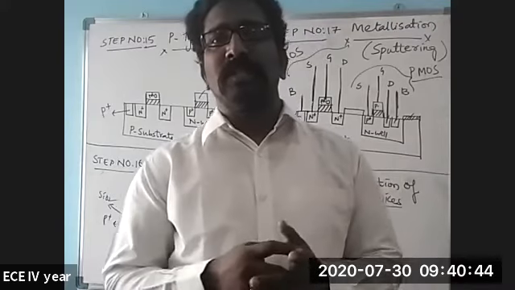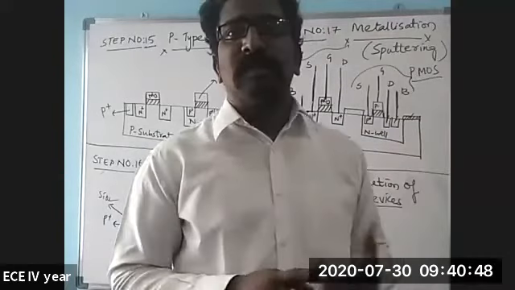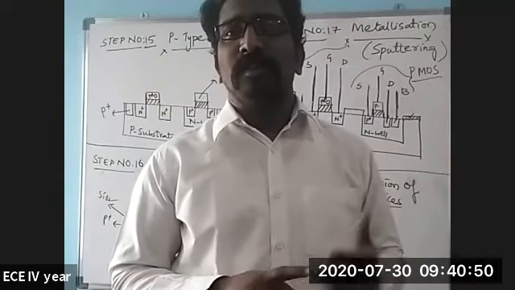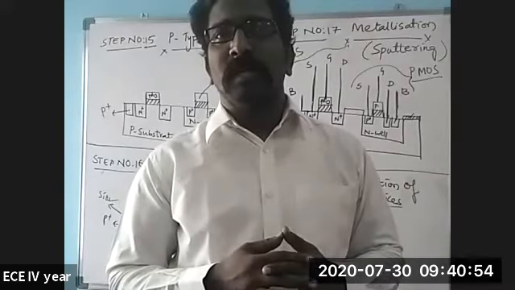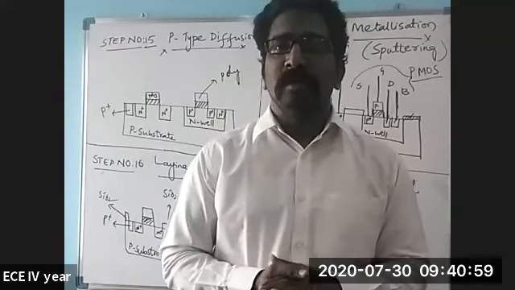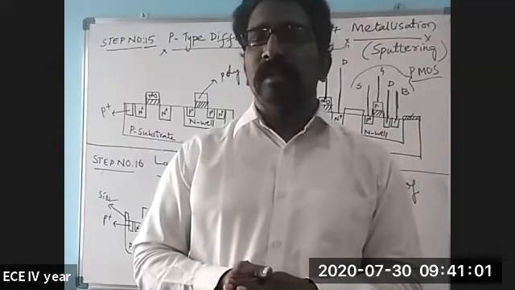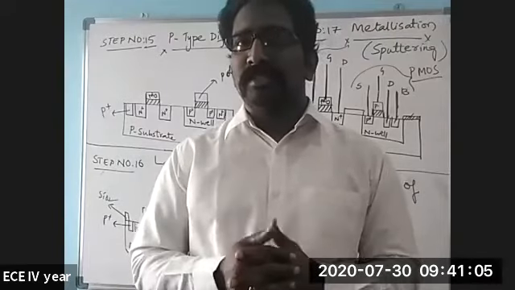Some terminologies are there. Encapsulation. What is meant by encapsulation? Anyway, sputtering we have completed here. Sputtering is a process of defining the metallization, and ion implantation we have completed in the previous class. So two or three terminology definitions are there. Once we complete that, we can enter into the next concept called capacitors.